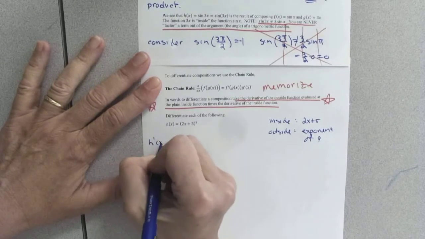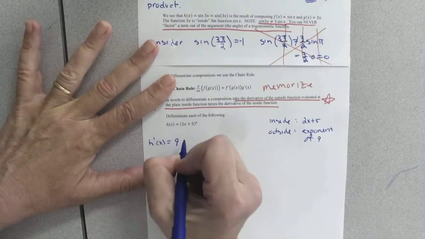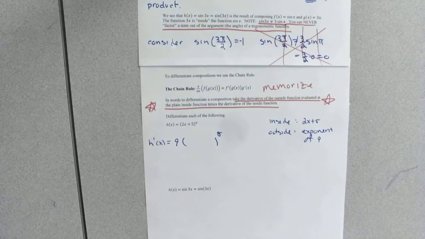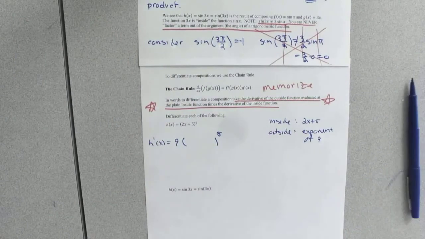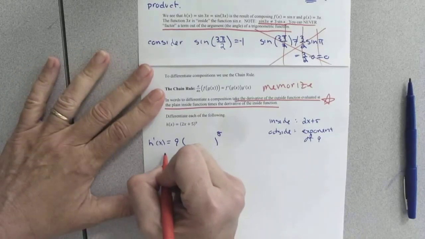So when I go to do the chain rule, when I go to differentiate, I start on the outside, and I do what I'm supposed to do for an exponent when I differentiate. When I differentiate an exponent, I multiply by the exponent, decrease the exponent by 1, leaving the middle alone for now. And so I'll write down my first part of the words, which is